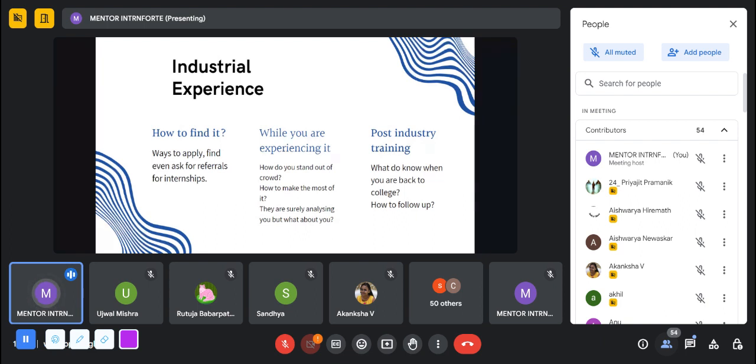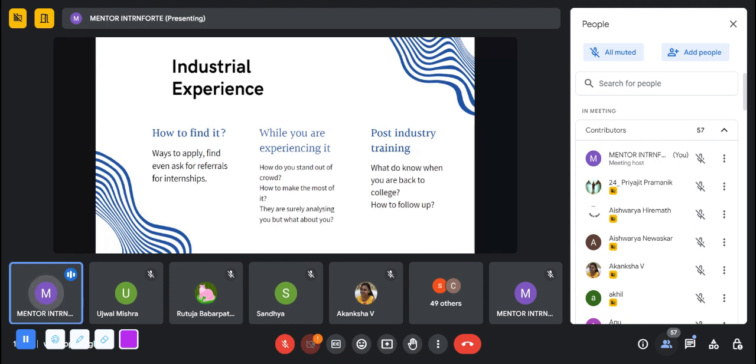Third point would be that they are surely analyzing you, and at the end of the internship, there will be a review session, in which they will analyze you, they will rate you, and they will even see whether you are capable enough to get a full-time opportunity or not. But that goes the other way around too. That means that they are analyzing you, but you have to also analyze the company, whether